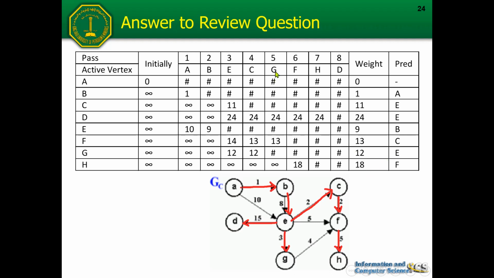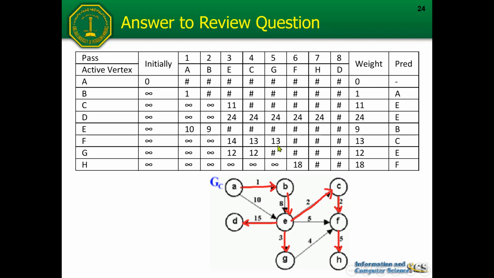Okay, everyone? Now look at this G. We will not consider this anymore. That's why we just put the hashtag for the remaining row. Then from G, we can only go to F, using this path to H. Now the corresponding total cost will be 1 plus 8 plus 3, that will be 12, plus 4, that will be 16, okay? 16.